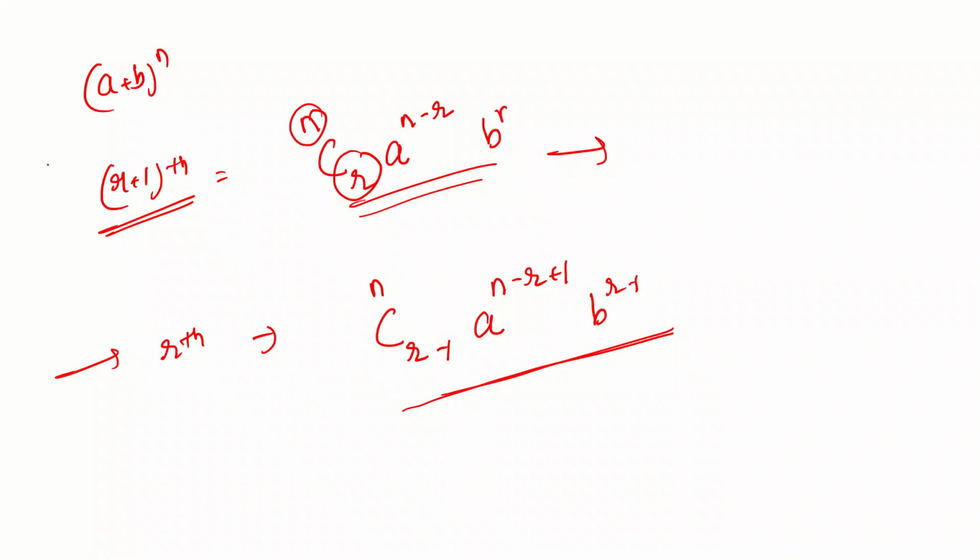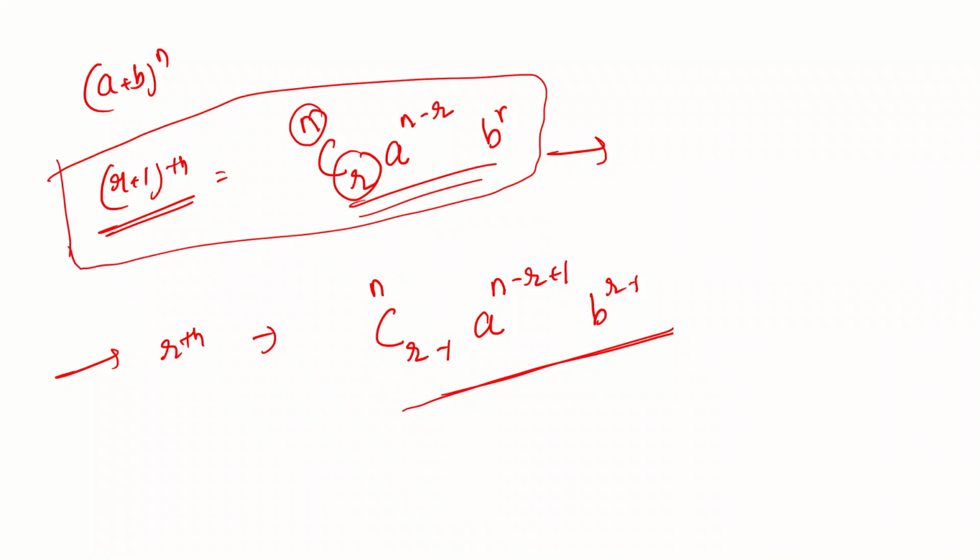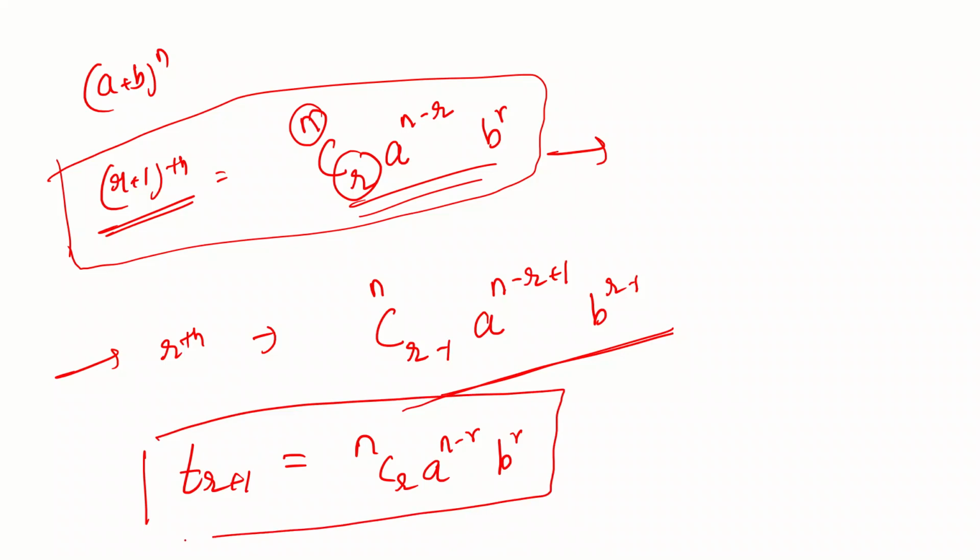But traditionally, all the mathematicians and the books use this formula by default, so it's better to stick to this formula. So what we have learned is that any r plus 1th term, which we call T(r+1), is given by nCr, a to the power of n minus r and b to the power of r. So this formula we will be using throughout now, but we should be thankful that we now understand how we are reaching this formula. That is the beauty of mathematics. You have to understand each and everything and then use them in your examples.